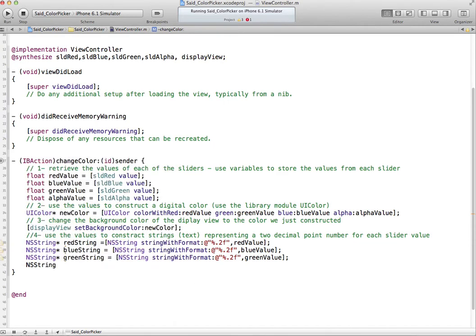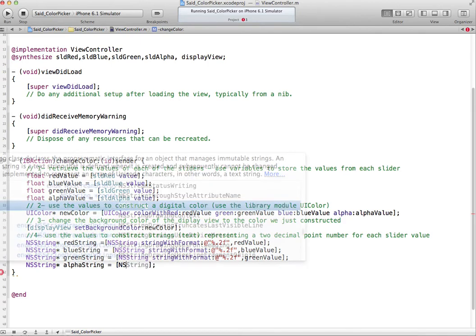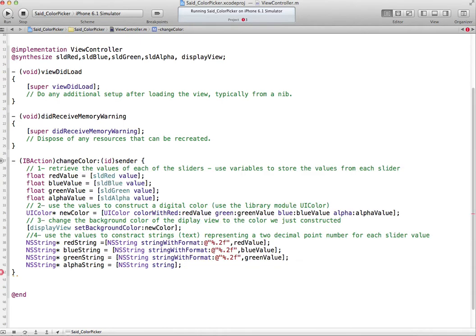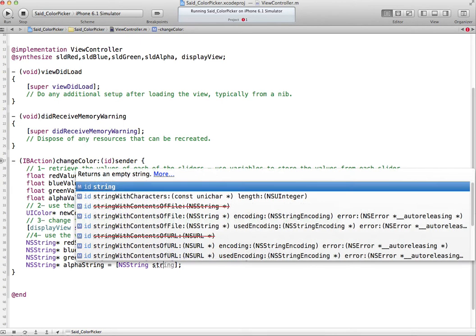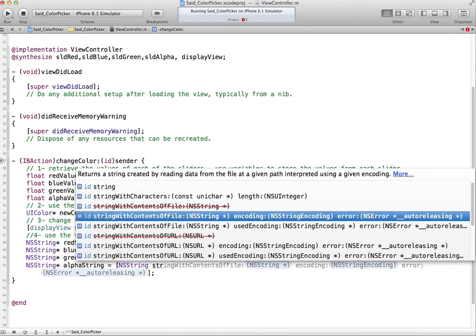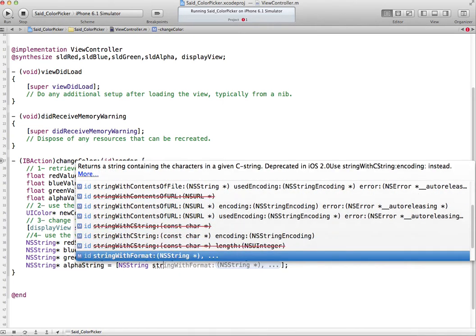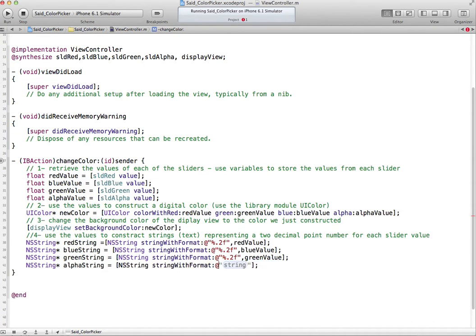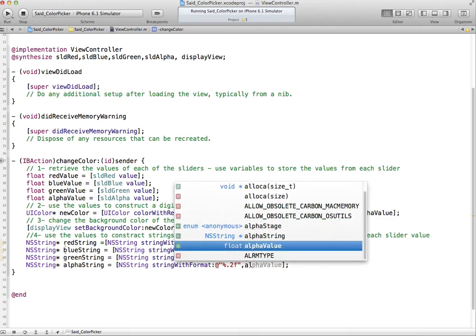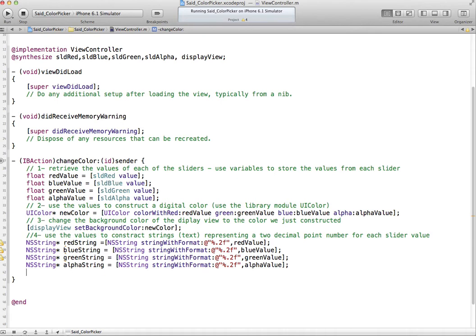Every time Xcode suggests something to you, use the suggestions. So I will call this alphaString, and then this is the instruction message, and then I will say stringWithFormat. Where is the string? Here it is. And then I'll say this is .2f and alphaValue. Now that I constructed all 4 strings, I can then, as I did in project number 1, send the message